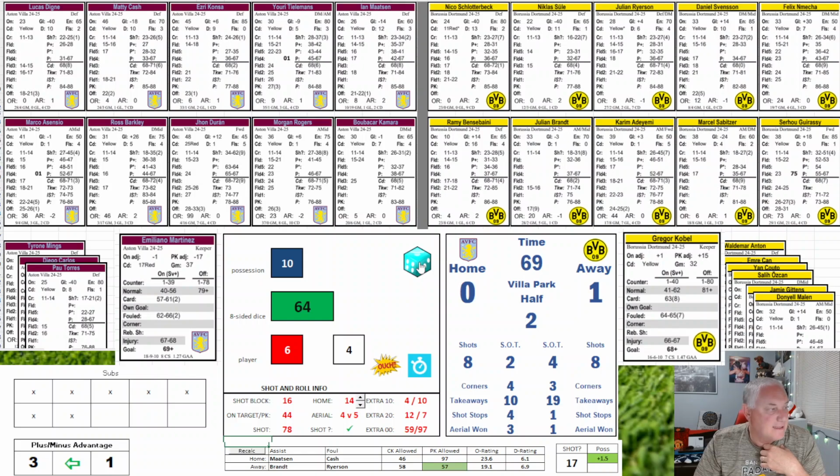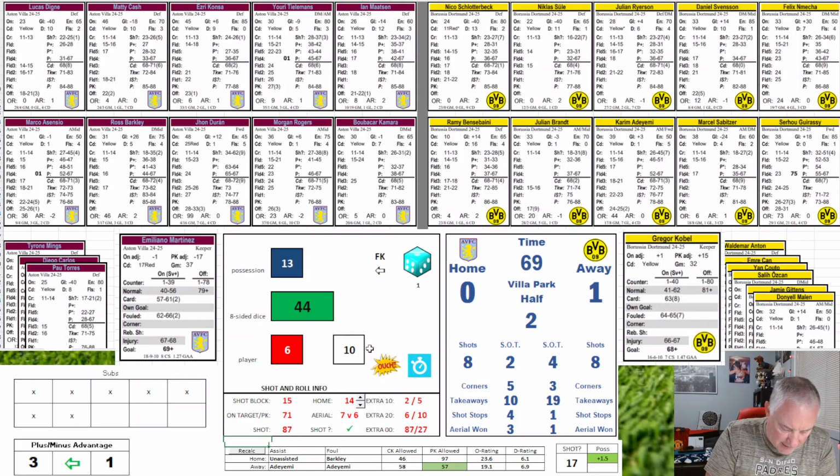758 P. 664 P. 312 is a corner. Corner kick for Villa. 421 foul. Thielemann fouled by Adeyemi. Free kick. 644. Shot attempt by Asensio against a 0 off target.